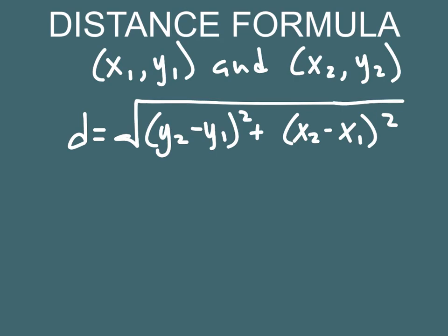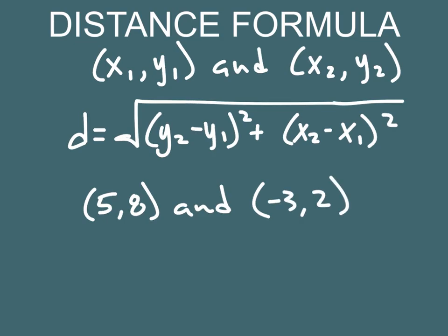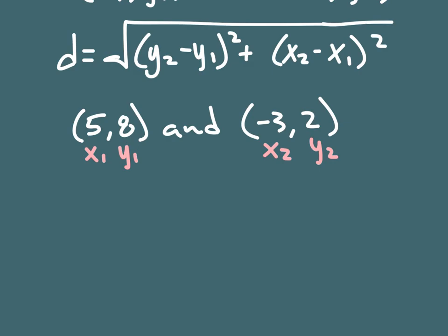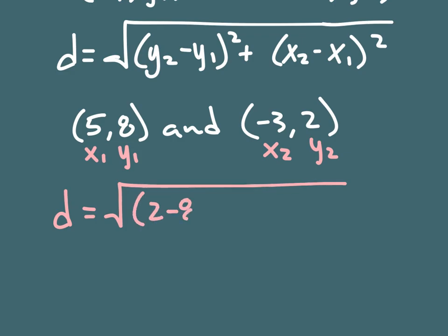Now, if we wanted to calculate the distance between 2 points, let's say we've got the points (5, 8) and (negative 3, 2). What I want to do is plug these numbers into our distance formula. First things first, let's label this as x1, y1, x2, y2. As I plug these into our distance formula, we're going to get that our distance is equal to the square root of the quantity (2 minus 8) quantity squared plus